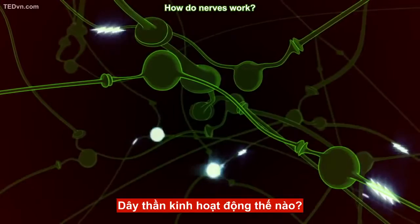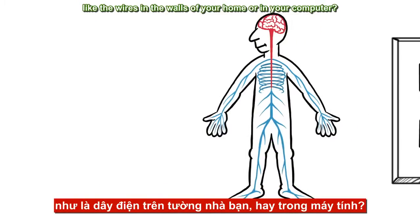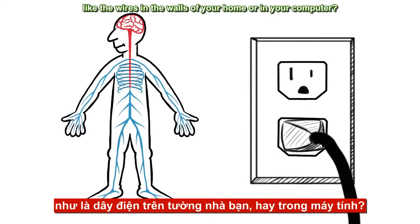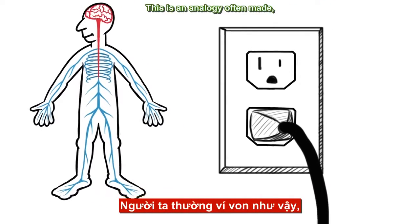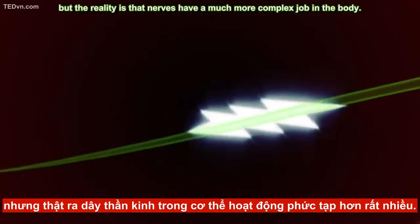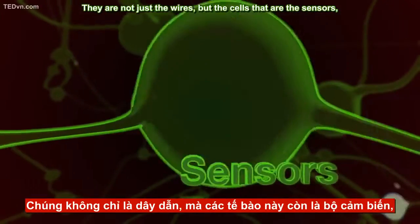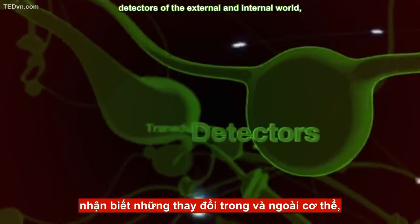How do nerves work? Are nerves simply the wires in the body that conduct electricity like the wires in the walls of your home or in your computer? This is an analogy often made, but the reality is that nerves have a much more complex job in the body. They are not just the wires, but the cells that are the sensors, detectors of the external and internal